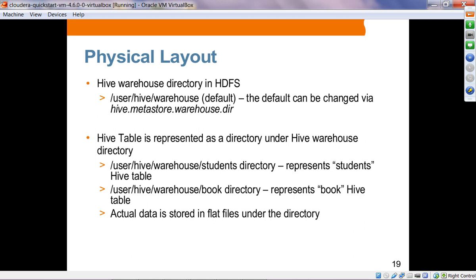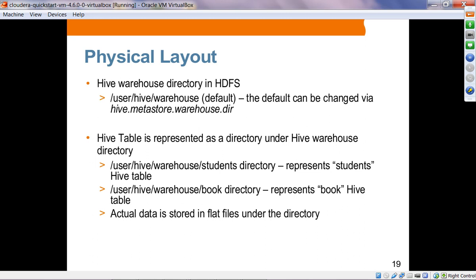By default, it uses /user/hive/warehouse. Any Hive tables will be created under this directory, /user/hive/warehouse. If you want a different directory, you can change the hive.metastore.warehouse.dir